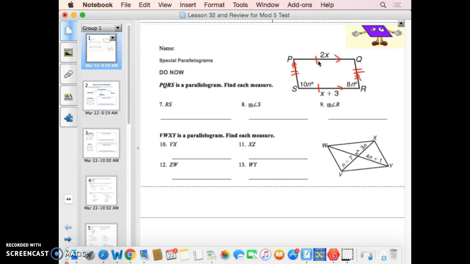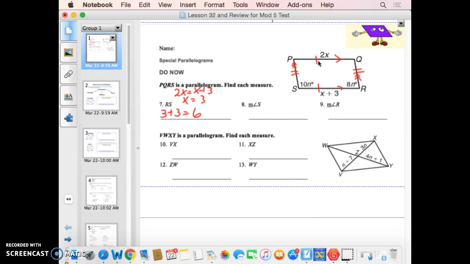So PQRS is a parallelogram. Find each measure. So RS is a side length, and we know that it's x plus 3, and it's going to equal 2x. So you're just going to do 2x equals x plus 3. Subtract x, x equals 3. So now I know x is 3, so I got to plug it in, and I should get 3 plus 3,